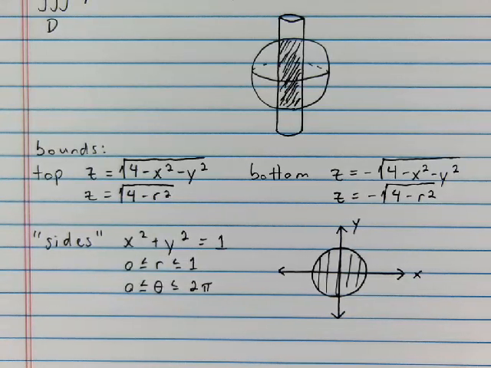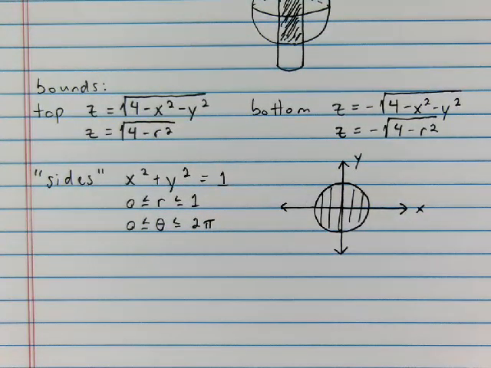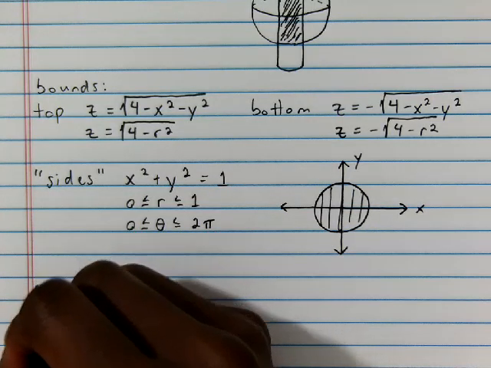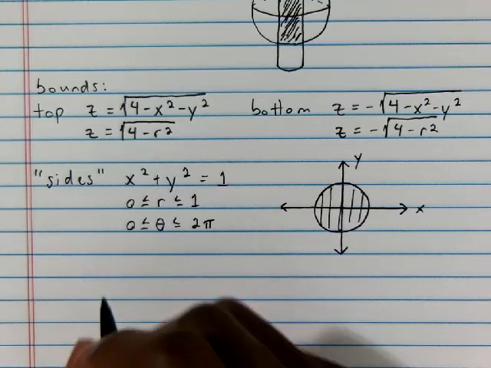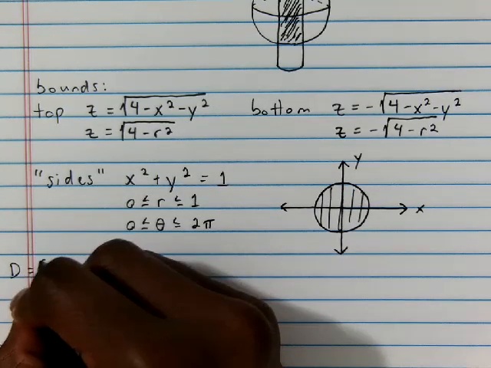All right, so now we can go ahead and set up our iterated integral. Since we're doing this for the first time, let me write out the D. So D equals the set of points